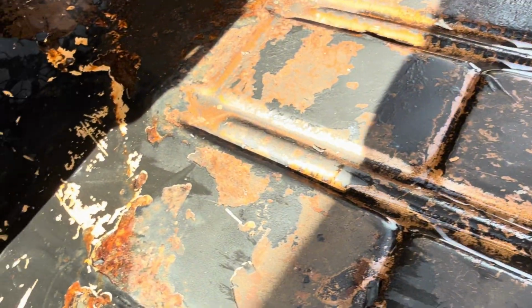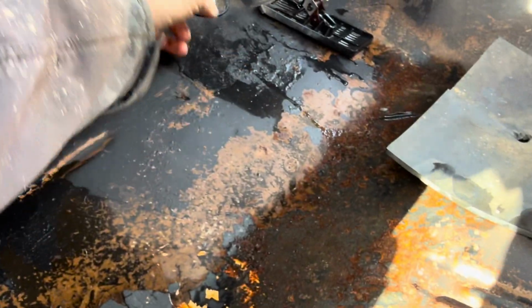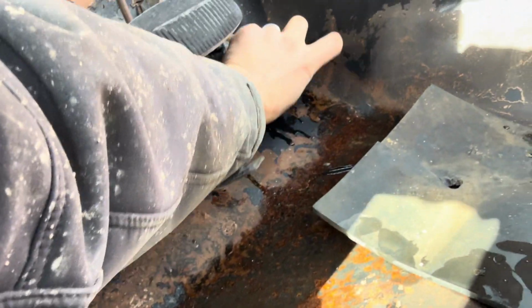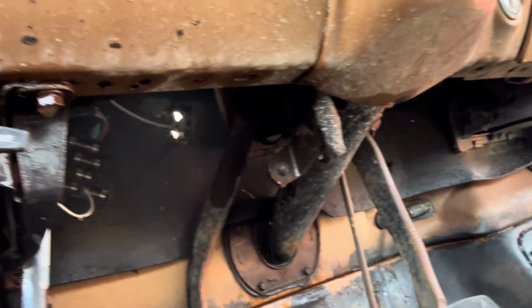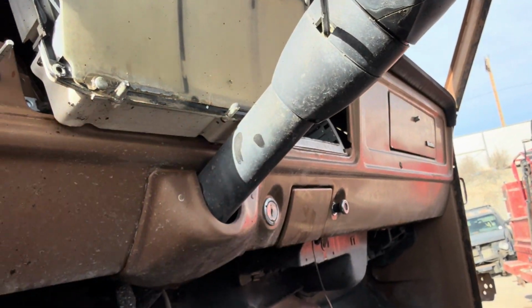Okay, this little guard, I don't know what this was. If this is factory, this rubber mat, I'll leave it in here. My guess is it was to cover the hole up there. But that all looks in excellent shape. The fuel pedal here, that's in pretty bad shape. I don't think that's any good anymore. Maybe. Okay, you got those in the Jeep world, it's worth a ton, so who knows what this thing is. Even got a harness back in there still. And again, that column looks in pretty good shape. The wheel's pretty beat up, but for what it is,